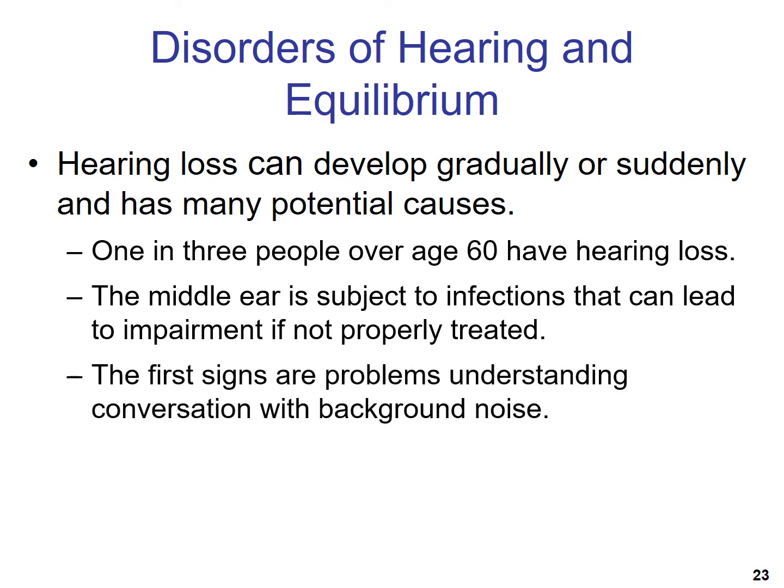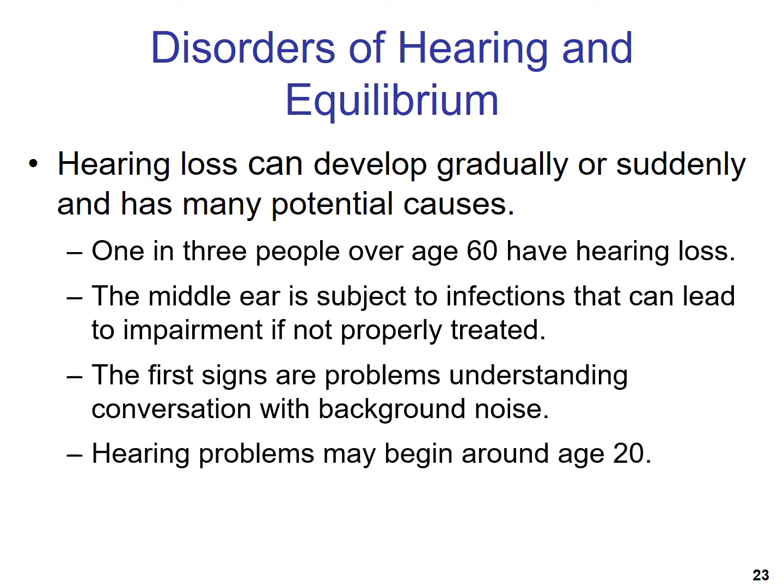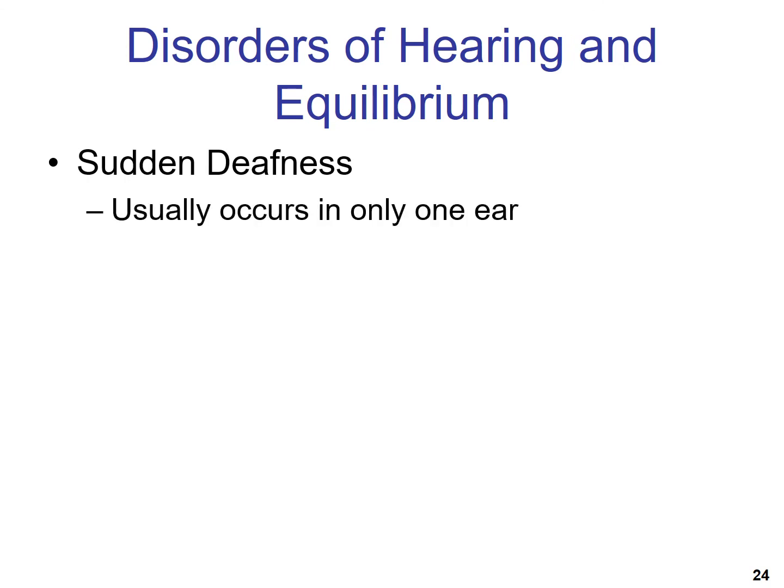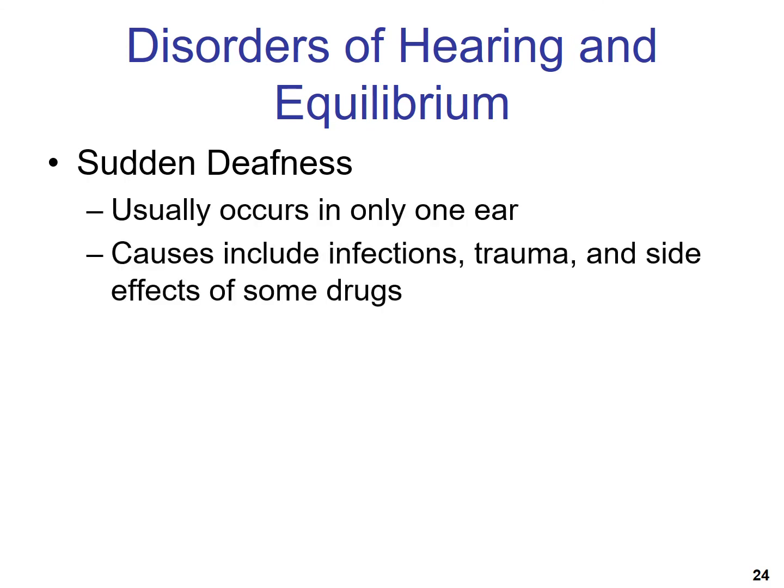And so the first sign of hearing loss is having a lessened ability to distinguish between conversation and background noise. Hearing problems can arise as early as age 20, but as I mentioned before, the mobility or the ability of the ossicles to vibrate can decrease with age. Okay, sudden deafness can occur, and it usually occurs in one ear, and the causes can include infections, trauma, side